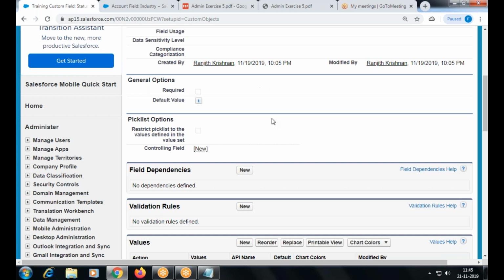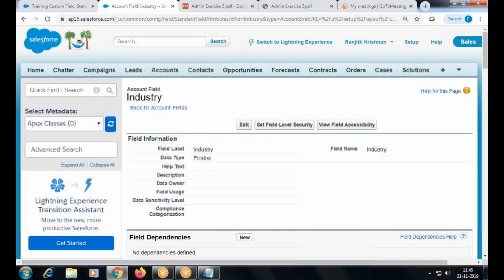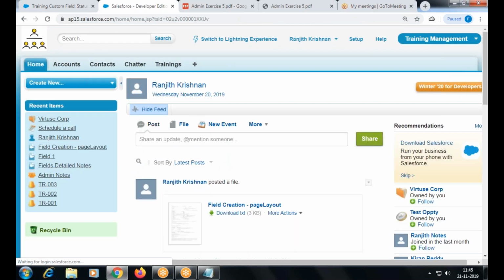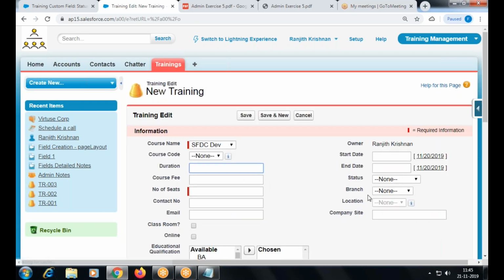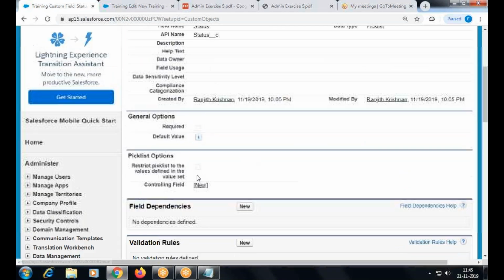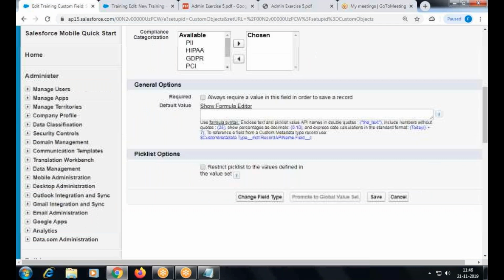The user cannot enter any value other than the values defined here. In the UI, I cannot choose any value other than what we defined. That option is not available in the standard UI. Manually, when you enter, whether it's restricted or not restricted, I cannot enter any value here. But what about a program? Through a program, I can enter any other value if it is disabled. If it is enabled, through a program it is also rejected.